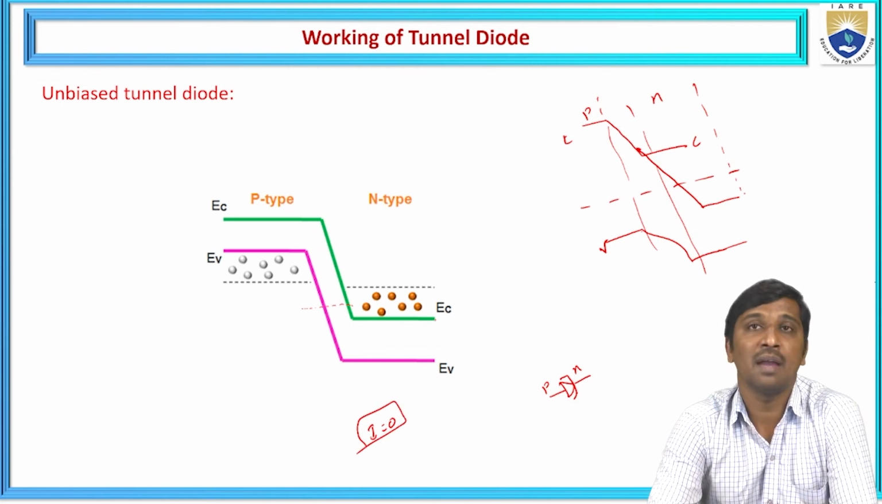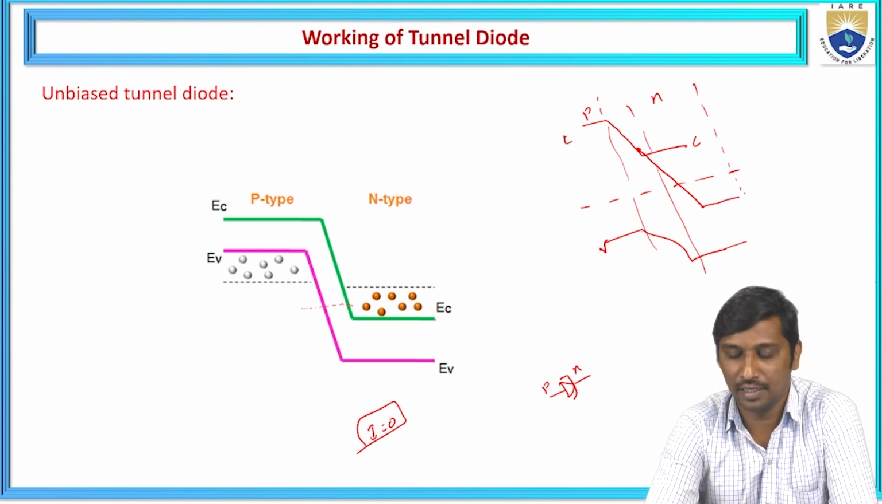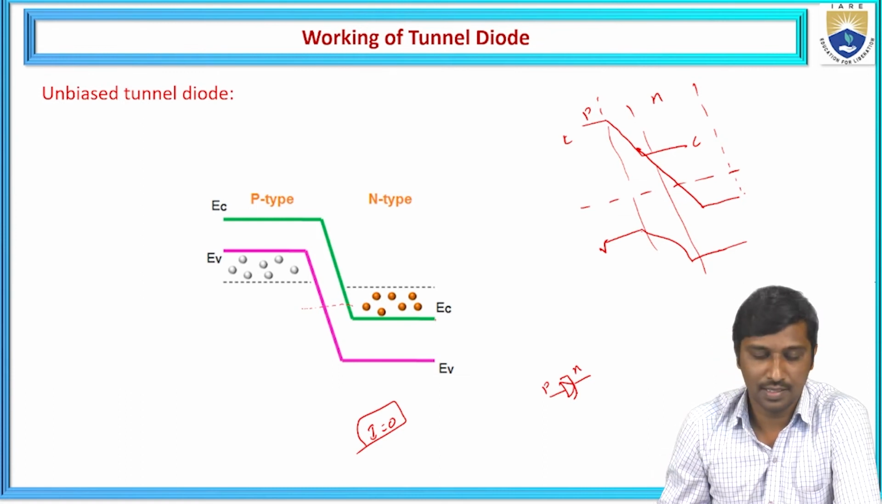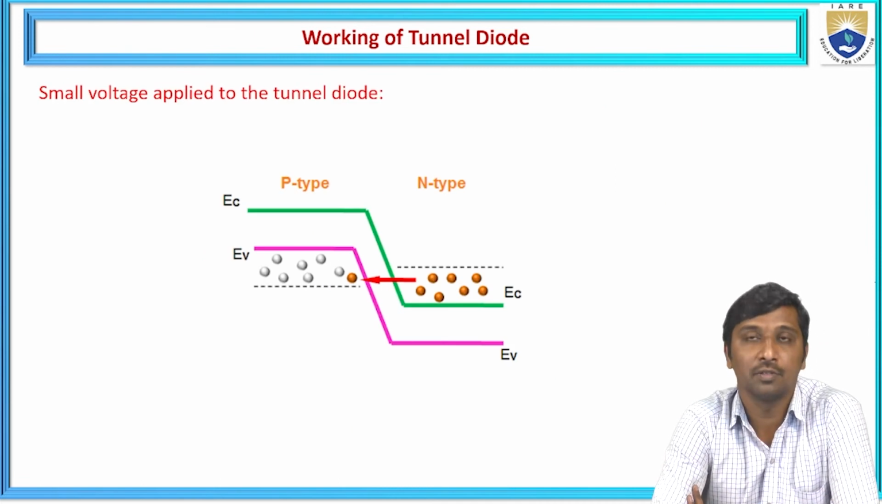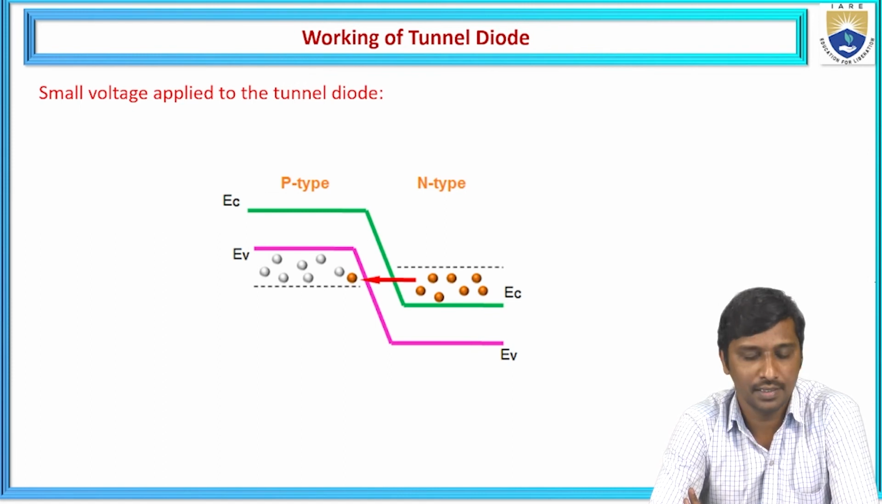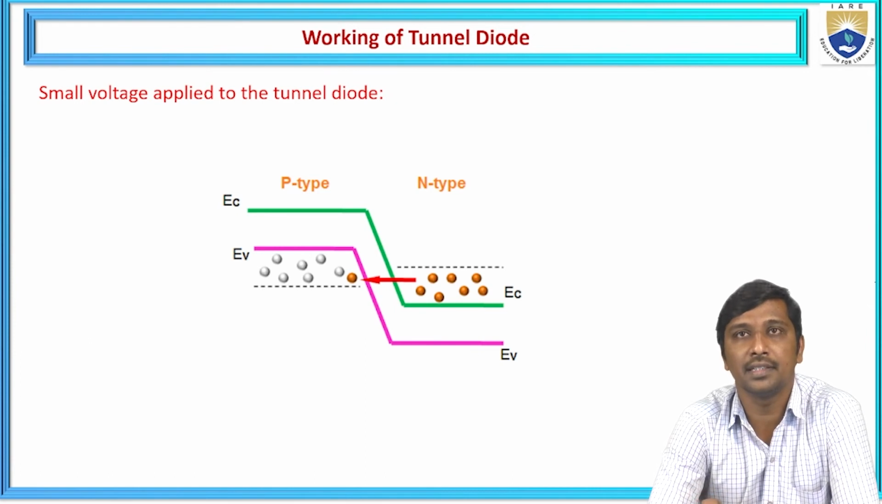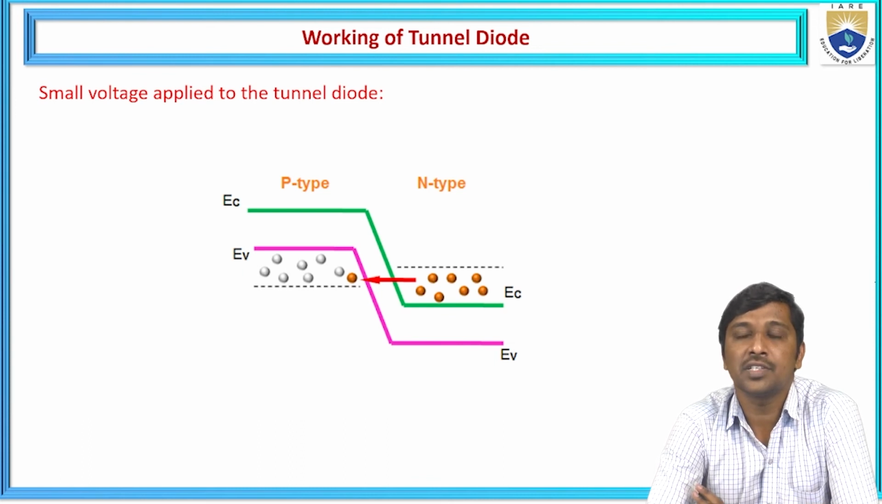Then we'll see what happens when we apply biasing to the tunnel diode. Let us consider a small voltage in a forward bias condition. First, I consider a small voltage applied to the tunnel diode. Based on the normal PN junction diode principle, whenever the PN diode is biased with a forward bias, what